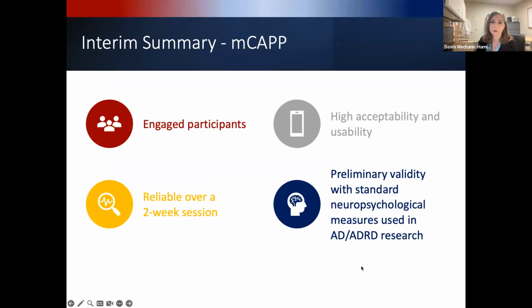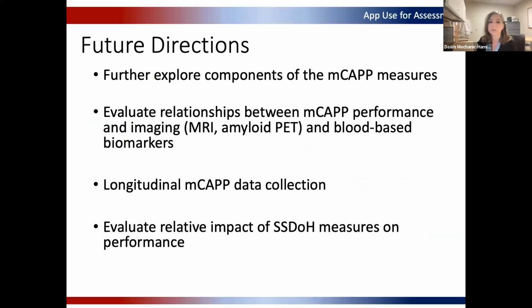And we want to understand more about the components of these different tasks so that we can further understand how they're related to both early biomarker changes and change over time in these folks. So we'll be exploring many different components of the tasks that we haven't gotten to yet, because it's digitized, we can collect so many different variables. We haven't gotten to so many of them. So we're working on that.